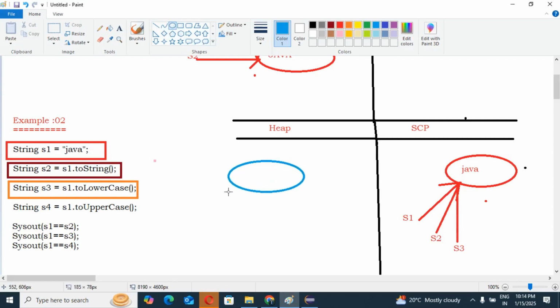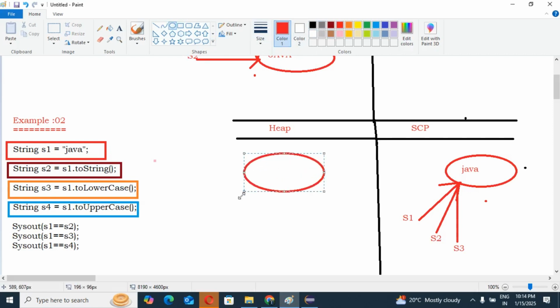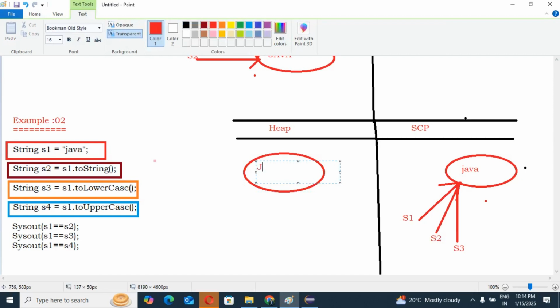This object will be created in the heap area, correct? Yes or no? Guys, yes. What object, guys? Java in uppercase.